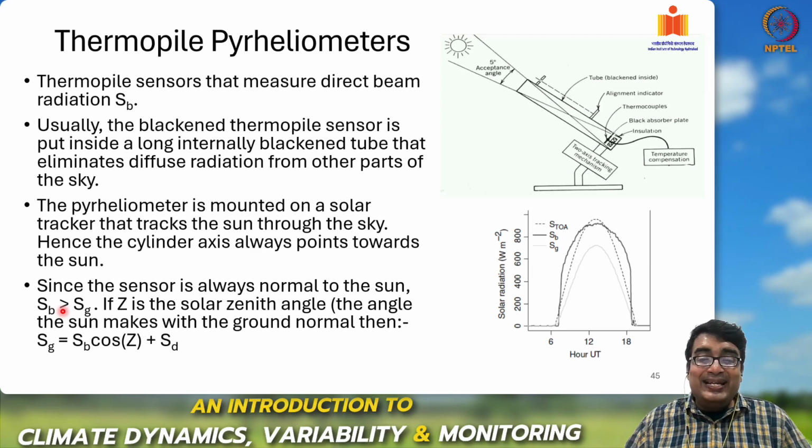If Z is the zenith angle, so theta here is Z, the angle the sun makes with the ground normal, then SG is basically SB cos Z plus SD. So this expression is always satisfied. Alright. So here you can see in this plot